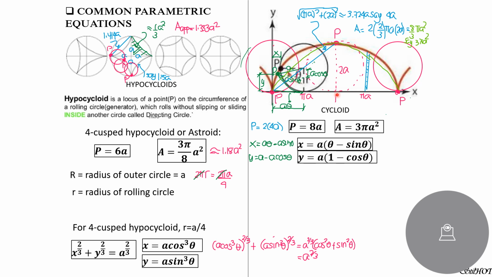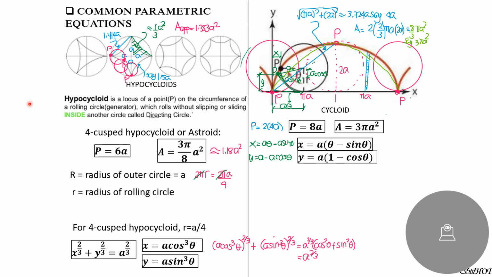The base is pi a and the height is 2a. That gives us 8/3 pi a squared, but the area occupied by the cycloid is a bit greater. And to remind you, it should be a whole value. So next to 8/3, which is 2 and 2/3, is 3. So you increase it so that it will become a whole number. This is 2 and 2/3, so the next whole number is 3. So that's why the area is 3 pi a squared.